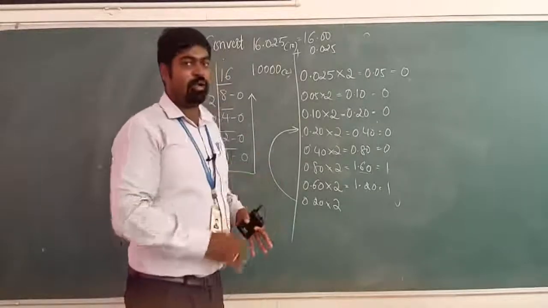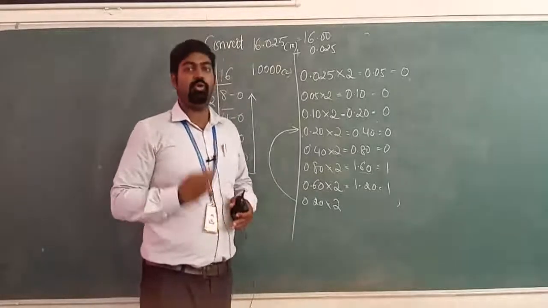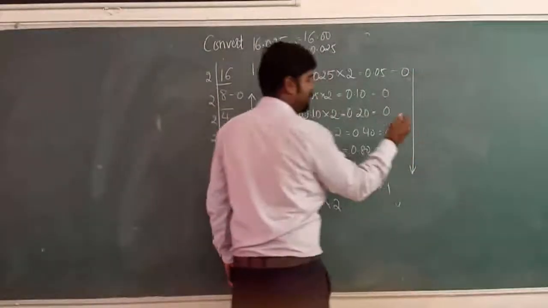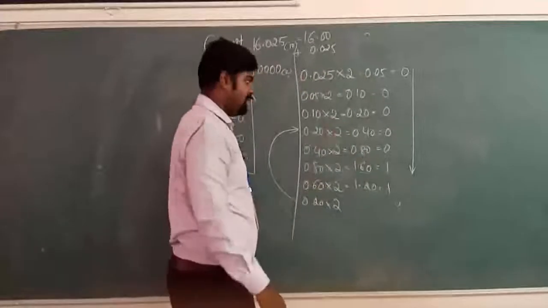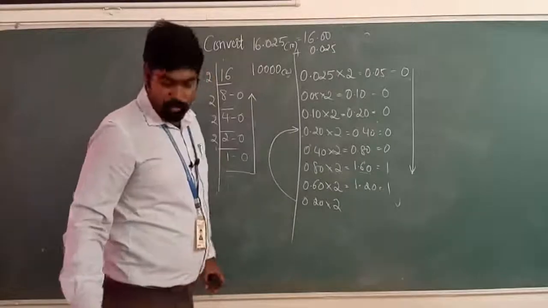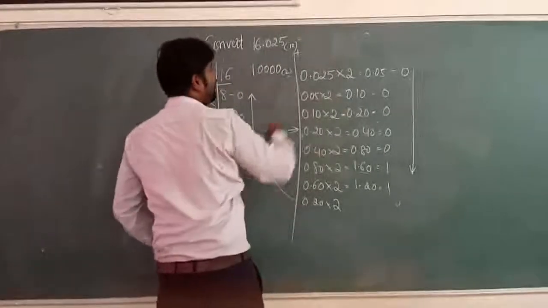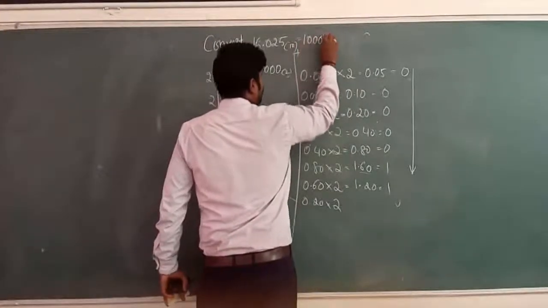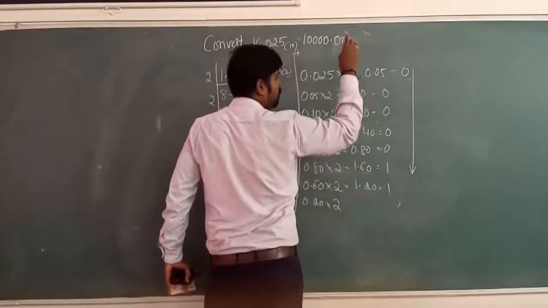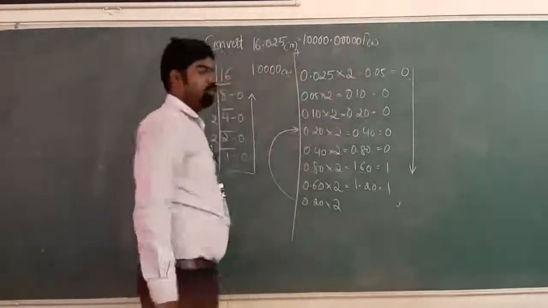So in such cases, we call them recurring remainders. Recurring remainders mean remainders which go on occurring again and again. So in such cases, if you consider only the first 5 or first 6, until whenever 1 is reached, you are supposed to write those remainders. So finally, the binary equivalent of 16.025 is, 16 is 1 and 4 zeros, then 0.00001, considering from top to bottom, 1, 2, 3, 4, 5, to the base 2. It's more than enough.